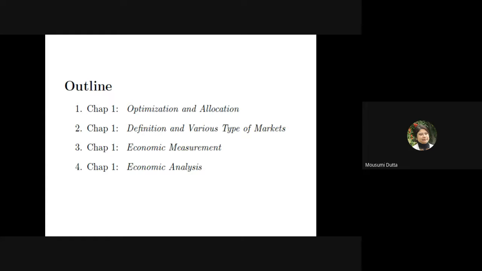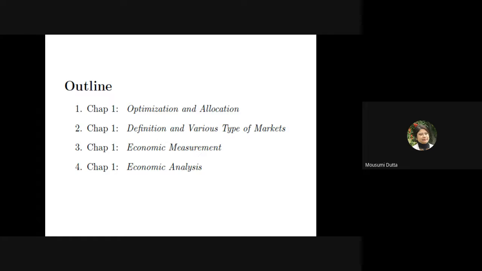I do not have much time before the Puja vacation, because this is the last time I'm meeting you before the Puja vacation. So I'm not sure whether I'll be able to cover all these. However, I'm trying my best to cover these points. So this will be the chapter 1 of